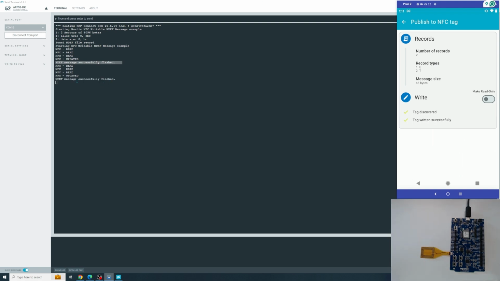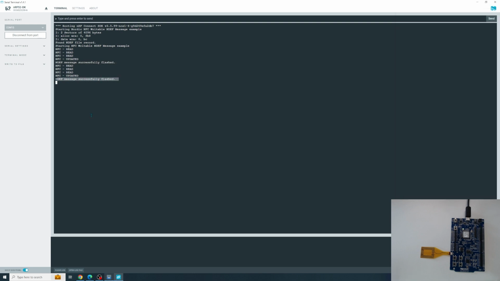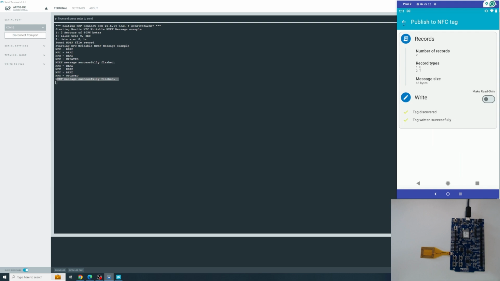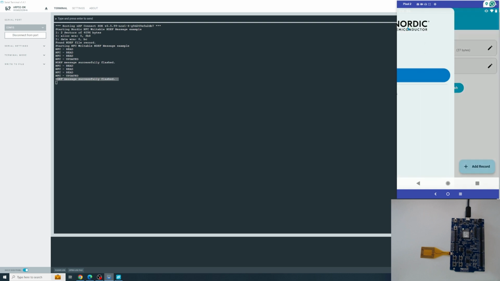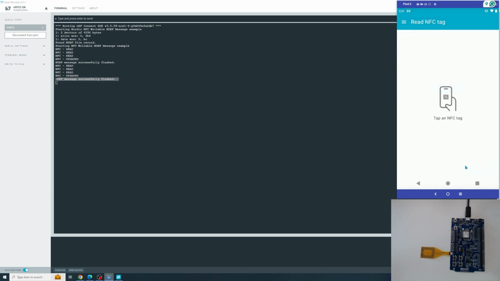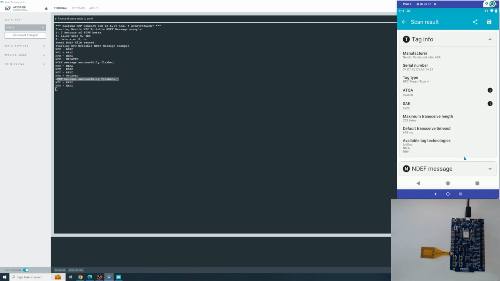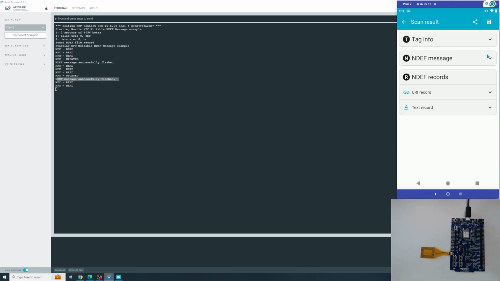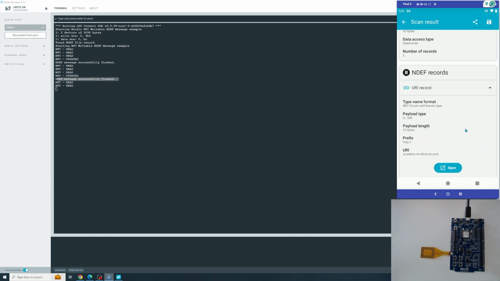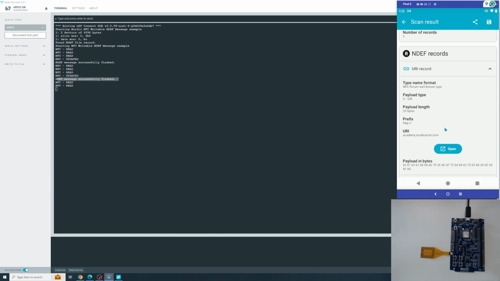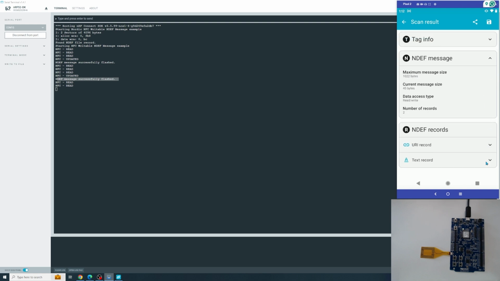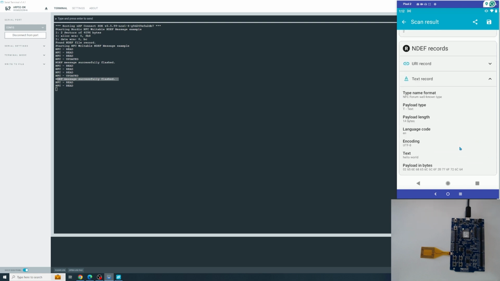Again, we see the message here coming out of the kit confirming that it was successfully flashed. And now we go back to read mode and just get the tag there on top. And now we can see that, of course, we now have 2 records. So the SIM record we had before with the academy.nordicsemi.com URI, and now we have this text record with the